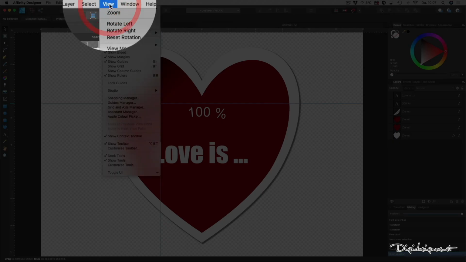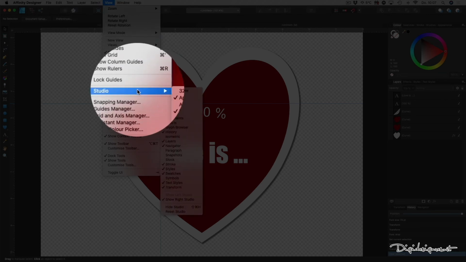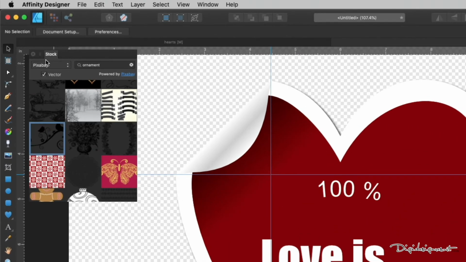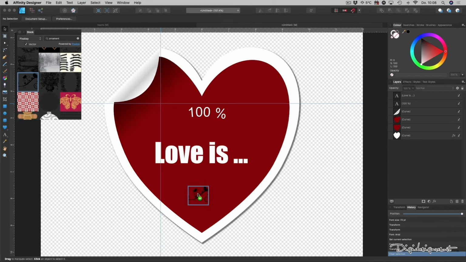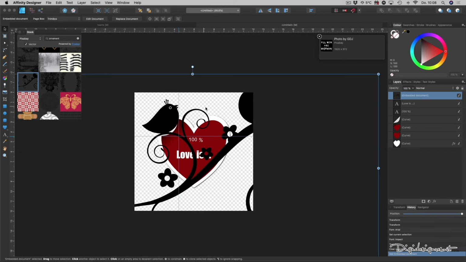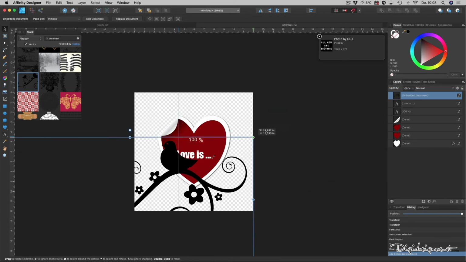When we are ready, click on View and then on Studio, and here you have the palette, the stocks. When you choose Pixabay and write inside "Ornament", it gives you a selection of ornaments, and I already chose what I want to use here, and this is the one. I just drag and drop it on my element, and now I need to adapt it to my needs. It's pretty big right now, so first of all, of course, I need to resize it, make it smaller,